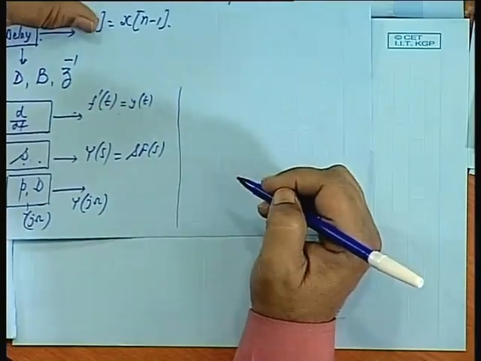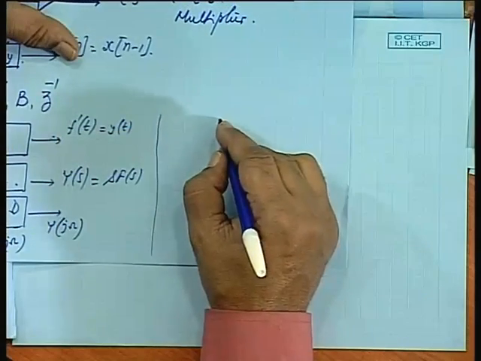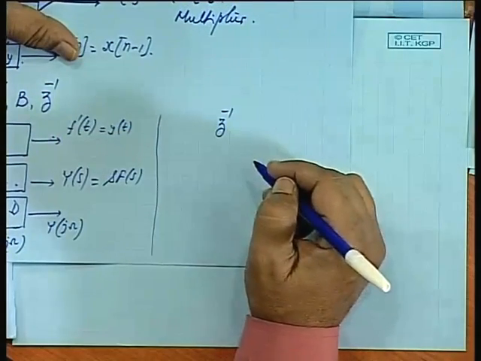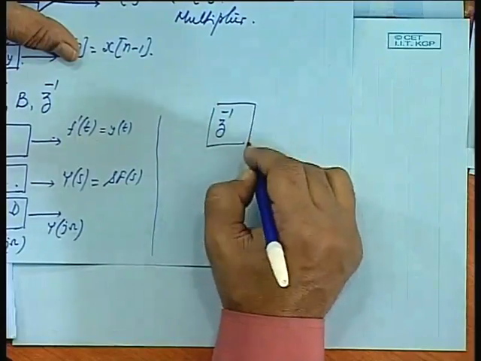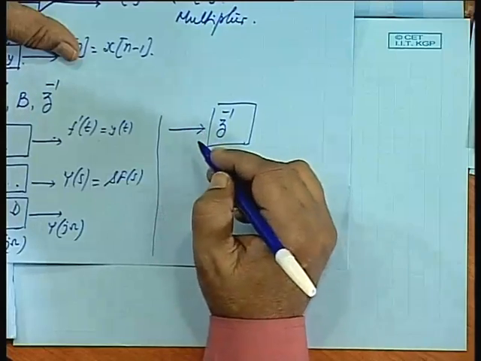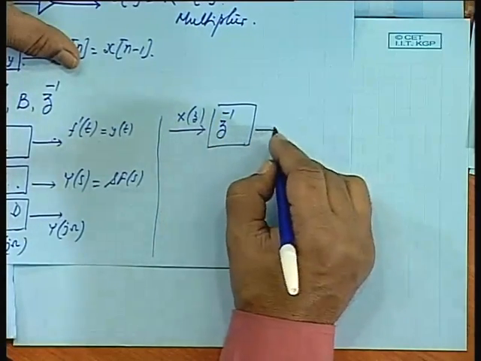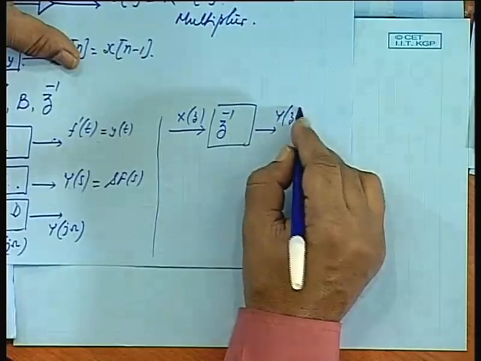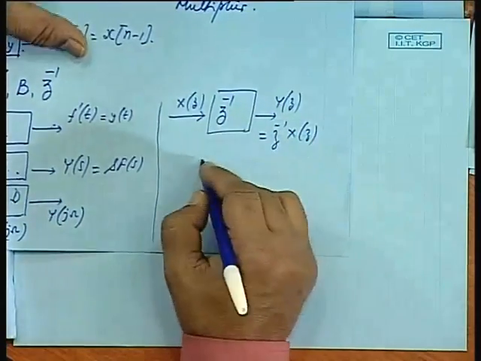However, in the discrete domain, this is a very commonly used symbol, though technically it should be used only when you are using the variables in the z domain. If I am using X(z), then this has a meaning: Y(z) will be z inverse of X(z). I should not write